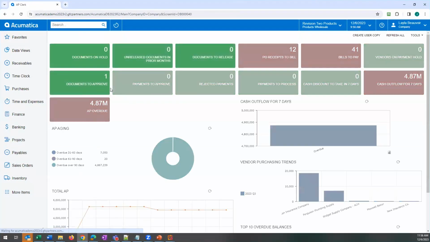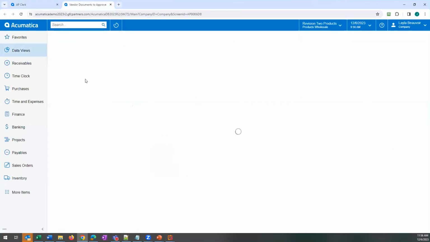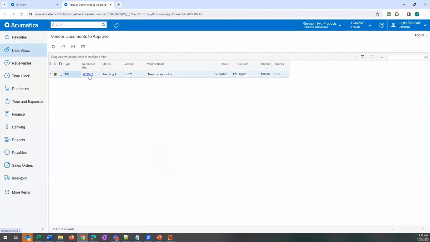Layla works predominantly in AP, so her default dashboard is an AP clerk. And she can see there's a document to approve. She can click here, and it will take her to the approval screen in Acumatica, and she can see, oh, I have this one to approve. She can open it up, review it, approve it. She many times may have also received an email notification with a hyperlink that would take her to the document